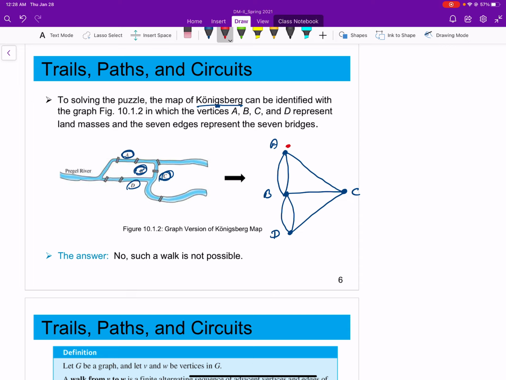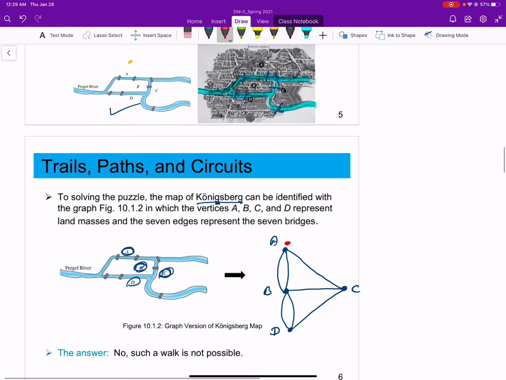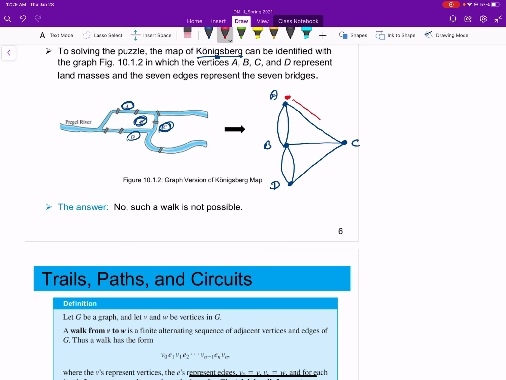I have to visit all the areas, that means all the vertices, and I have to cross each bridge exactly once. So you could go like this, come here, and then you could go like this and come here,